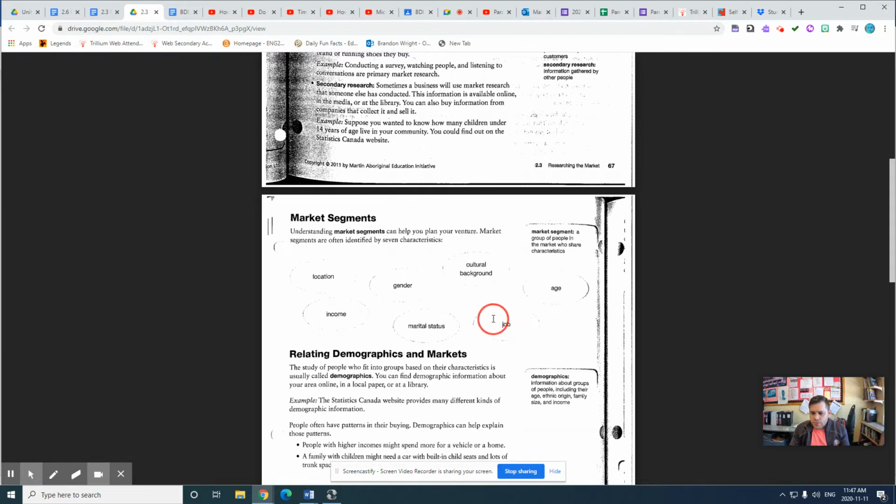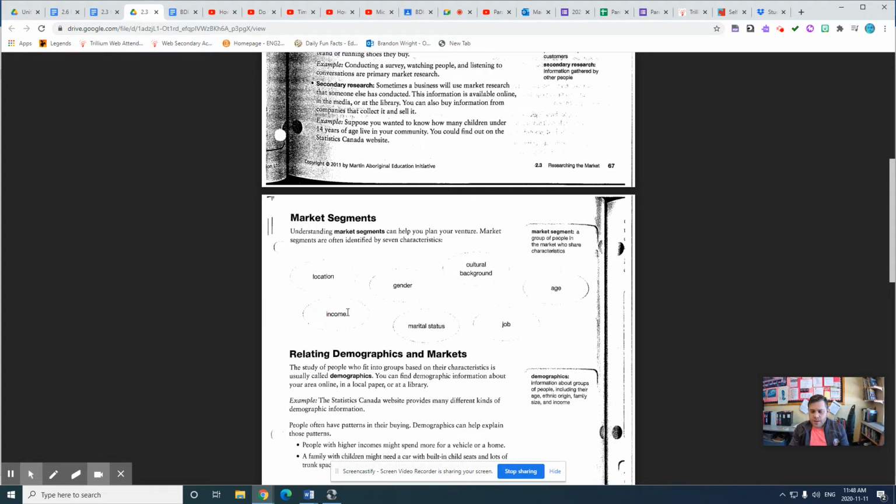Jobs, probably a full-time job. And it could be any job, but you do need money to pay for it. Cultural background, well, people of all cultures get married. Genders. Now, this specific ring that I have, this is a men's engagement or wedding ring. So women, they're not going to be interested in buying it. Now, marital status, obviously, single people aren't going to be buying wedding rings. It's people who are engaged and are about to be married.